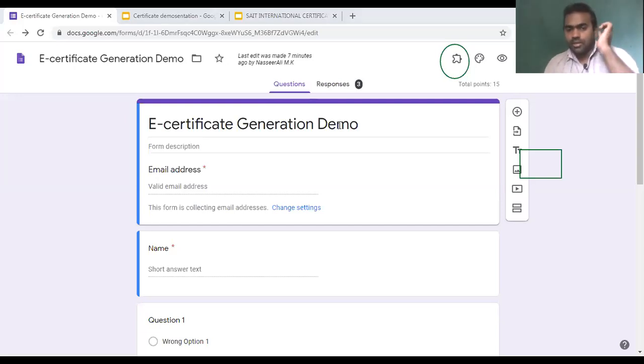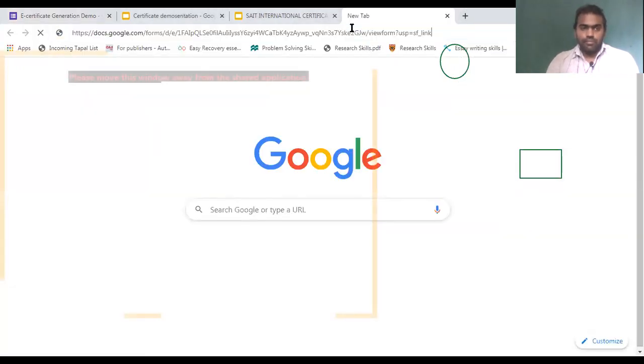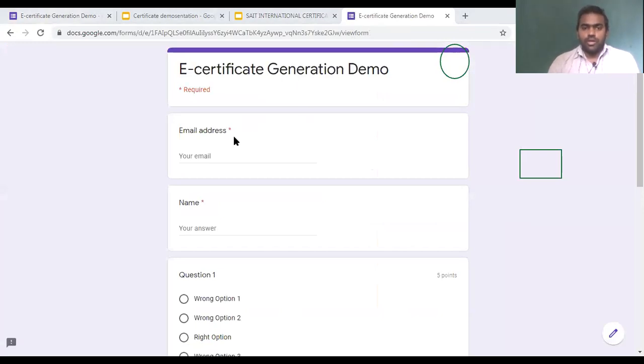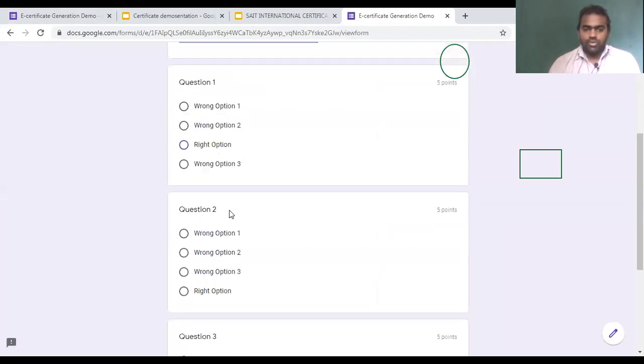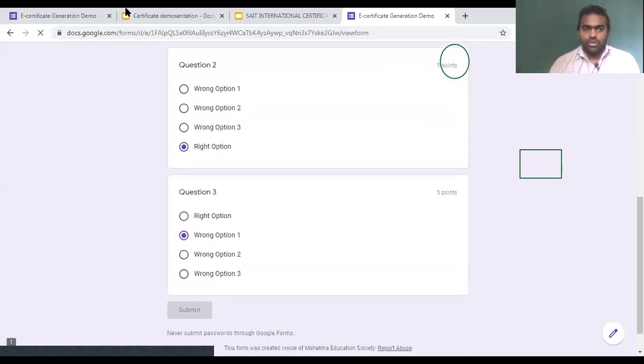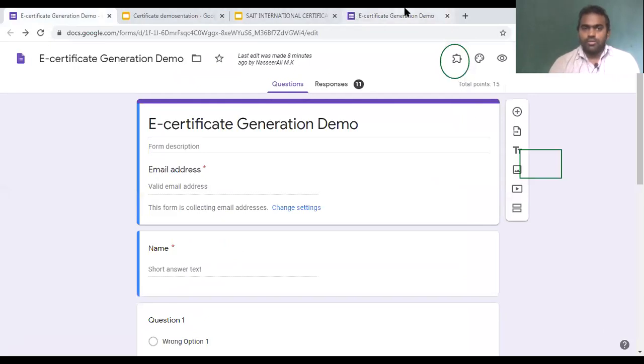You just click on the link, then enter the name and email address at mes.ac.in. Now you choose the right option or wrong option, up to you. If you come under that criteria, you will be scoring.